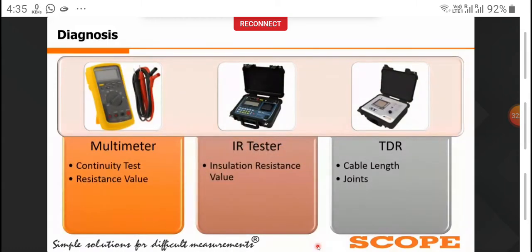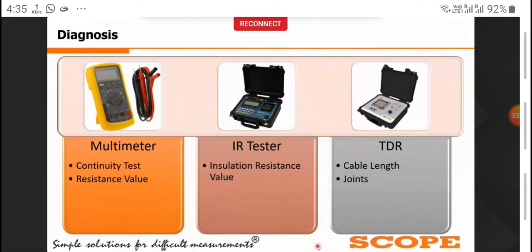So by using the multimeter, we will first carry out the continuity test. In the continuity test, we will keep both the ends of the cable open, and check using the multimeter. The continuity test is carried out on all the phases, that is R to R, R to Y, Y to B, and R to B. After that, we also check the continuity between R and armor, every phase to armor. So core to core and core to armor testing is very necessary.